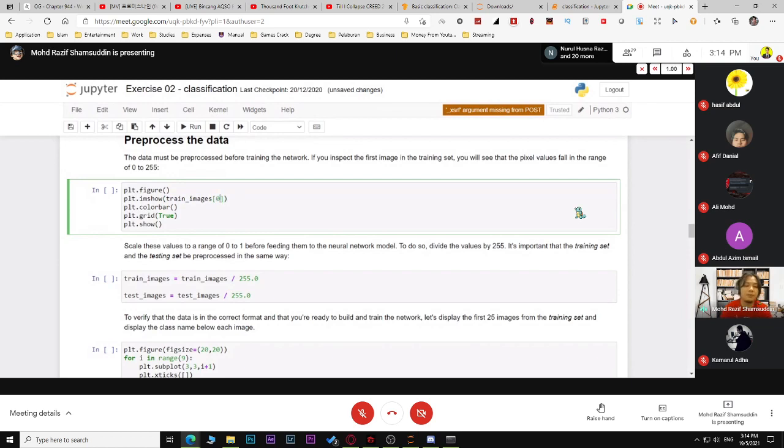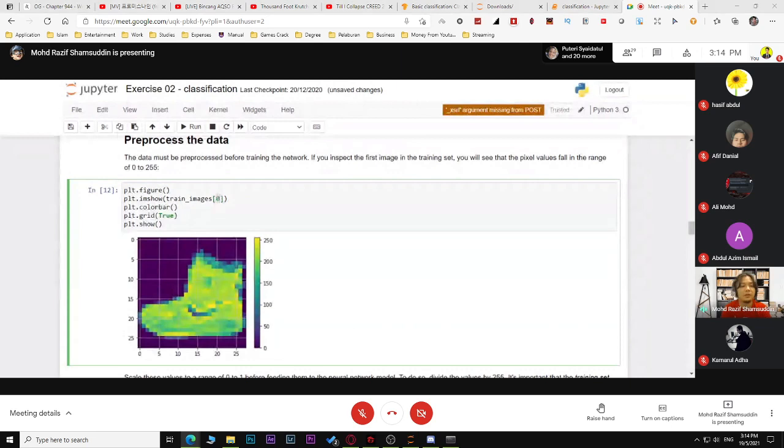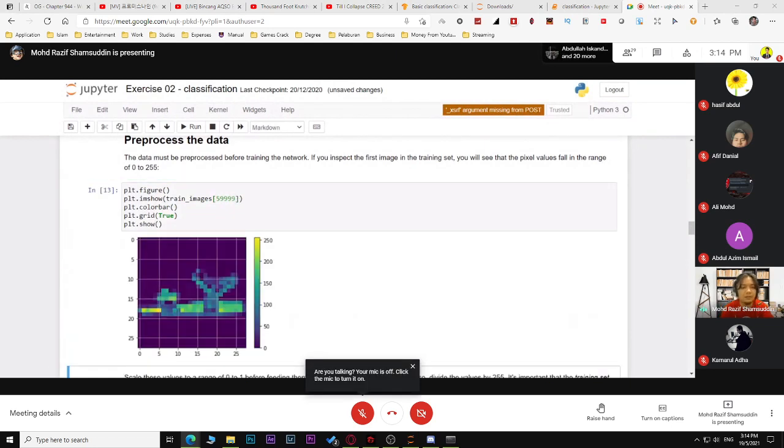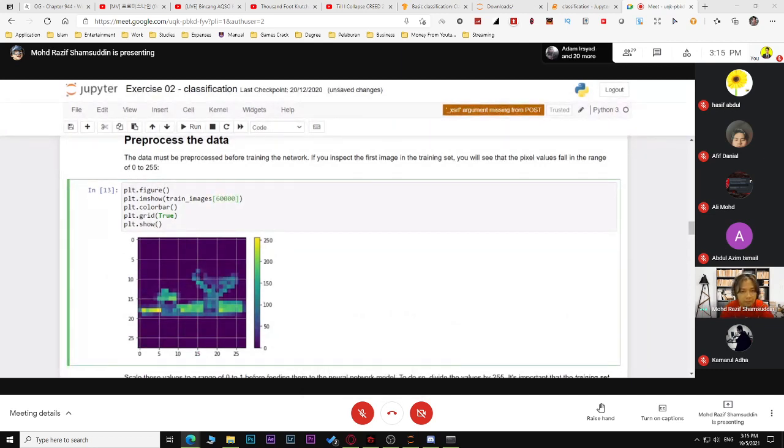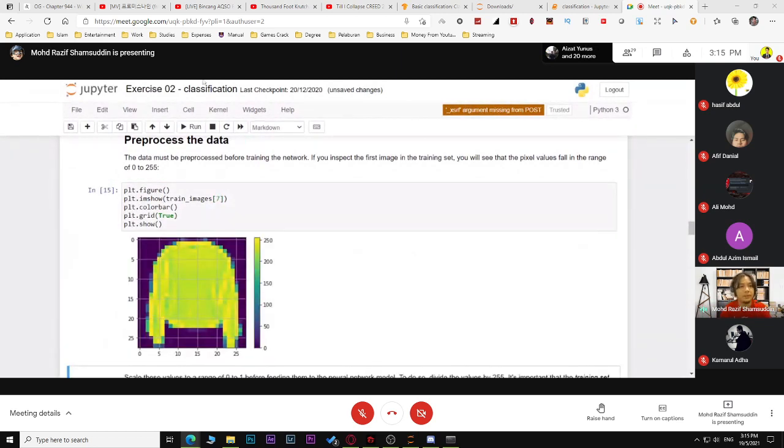So let's say if I put 0, this is the first sample of the train images. So we have 0 to 60,000 samples. So kalau you nak sample yang ke 60,000 should be 59999. Should be this one. Ni adalah data sampel yang terakhir lah. Kalau yang 60,000 ni dah tak ada dah rasanya. Tak ada. Okay. So sebab dia start dengan index 0. Alright. Okay, ni sampel yang ketujuh lah. Okay, so sekejap